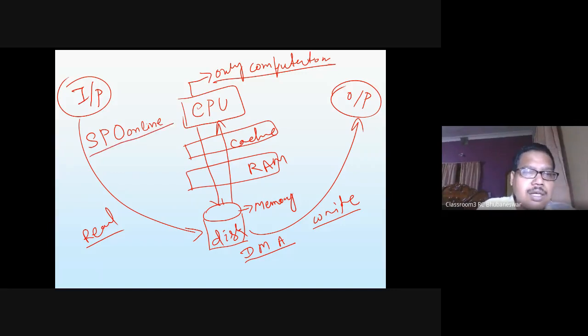This is called spooling, and it is one of the most frequently asked questions. So both are the same, simultaneous peripheral operation online or spooling, where simultaneous execution can be done